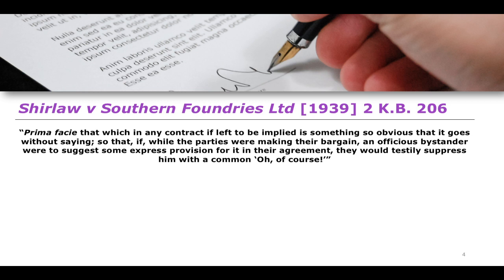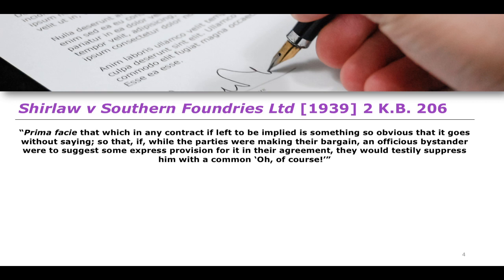So, essentially, what this test requires us to do is to imagine, let's say, that we are at a cafe and that I am a random bystander that's listening in on the negotiations of a contract between two people. And I go up to them and say, "Oh, by the way, this term should be in that contract." And that they respond with, "Oh, of course it should be. Of course it should be." That is essentially the Officious Bystander test, such that any reasonable bystander that would just be able to happen upon your